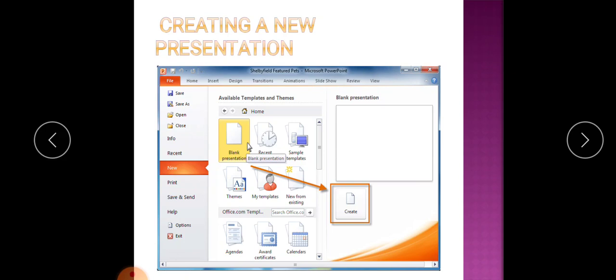The slide displays the dotted rectangular boxes called placeholders. A blank presentation uses the default settings for text and color. Click on the Layout button in the Slides group on the Home tab and select the desired layout from the displayed list as shown in figure 5.4. Now add text in the placeholders of the slide.